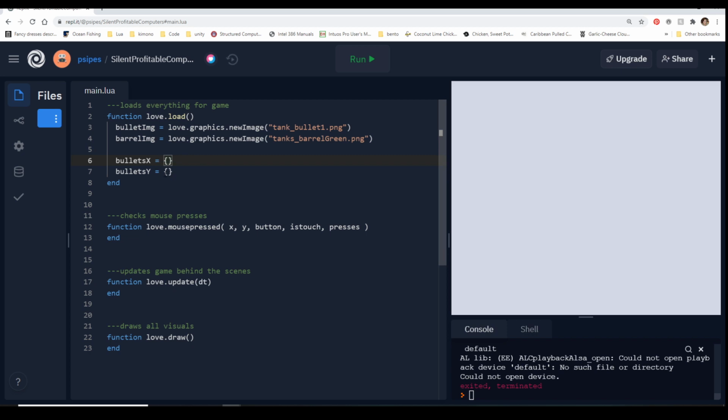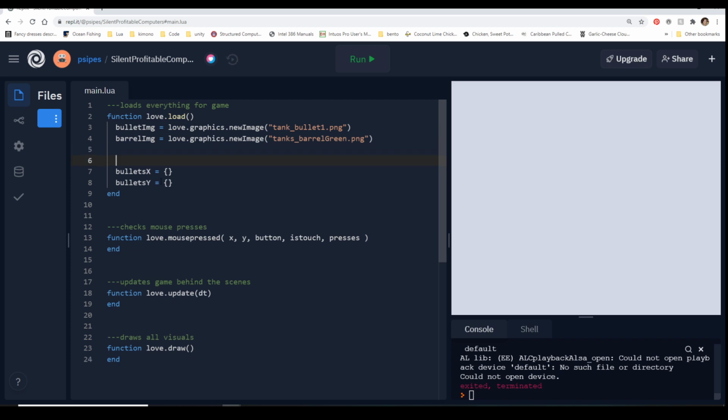The first bullet that spawns is going to be at 10, 12, the second at 20, 22 or whatever, but the index is going to match. So all we have to do is look at bullet X1 and bullet Y1, and that gives us the full coordinates for our bullet. Again, if you don't like this way, that's fine. You can do it however you want, as long as it works.